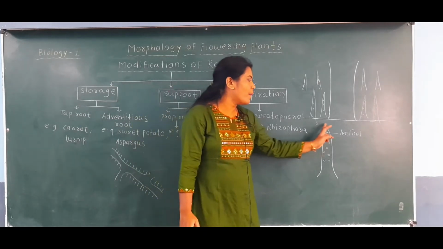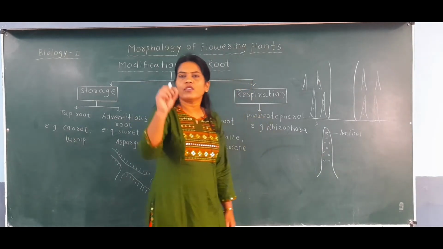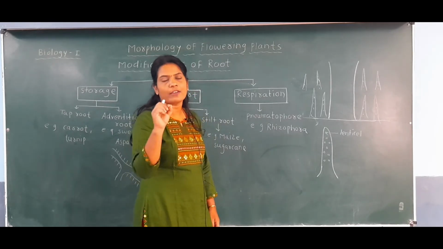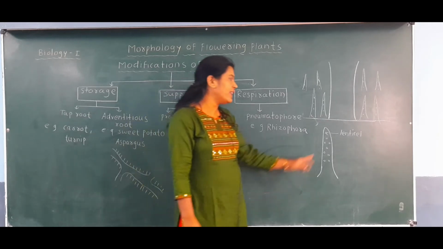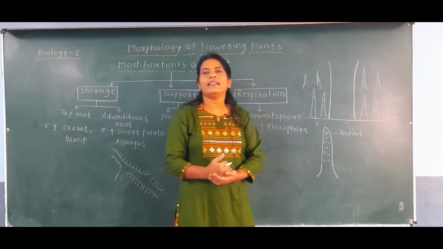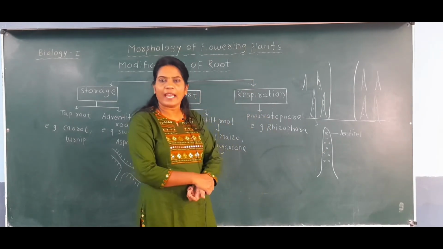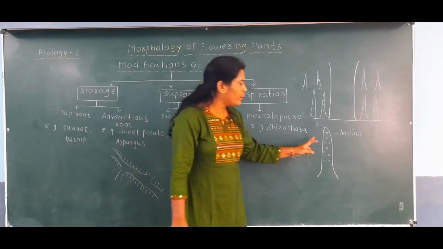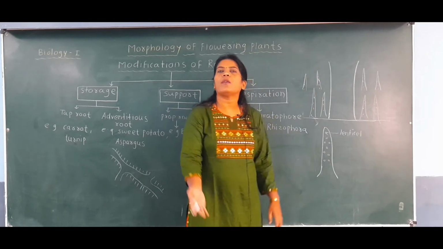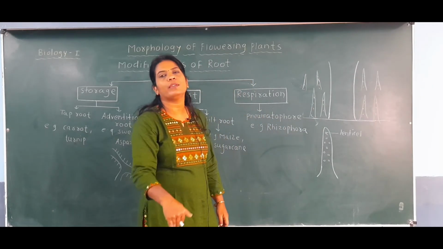They are in the form of conical structure. They have small microscopic holes on them. Those holes are called the lenticels. Through these lenticels they get oxygen from the air for their respiration. And here these roots, as they are upwardly directed on the ground, are not present below the ground.